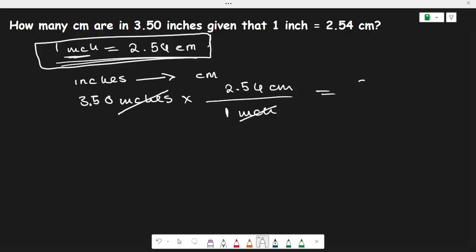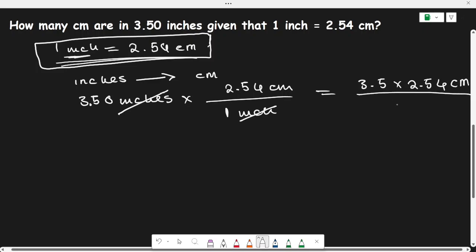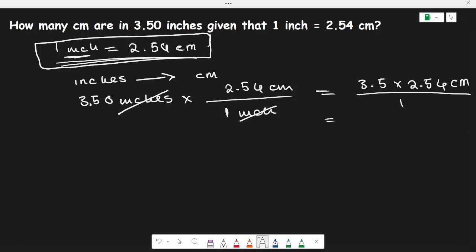Then you remain with 3.5 times 2.54 centimeter over 1. You can just say over 1. And what's the answer? Should be 8 point something. Let me quickly solve it on a calculator. 8.89